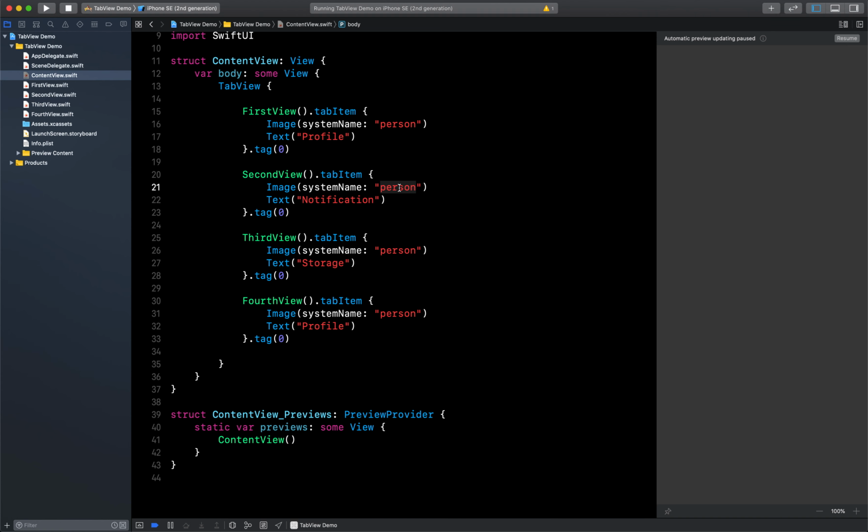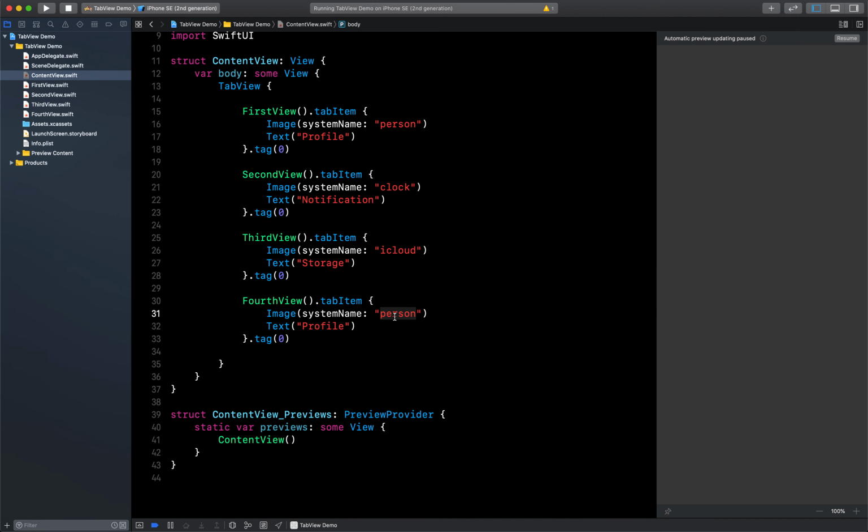So for this notification I can pass clock image here, then for storage I can say iCloud image here, and apart from this what we can use here is profile, notification, storage, and let's say a person we have already used, clock I have used.